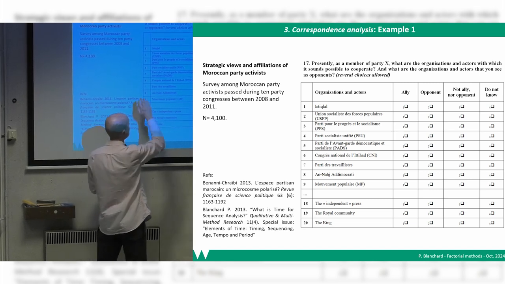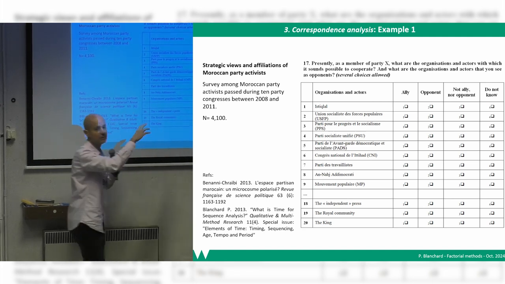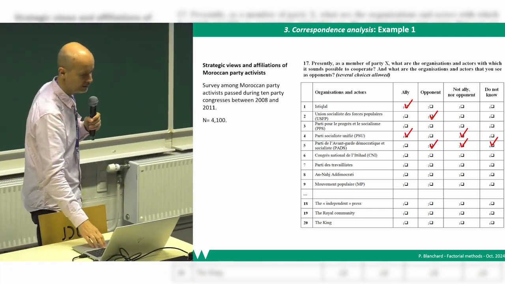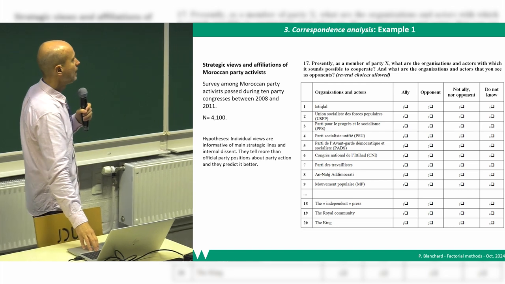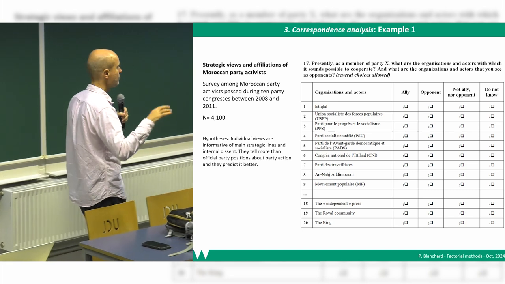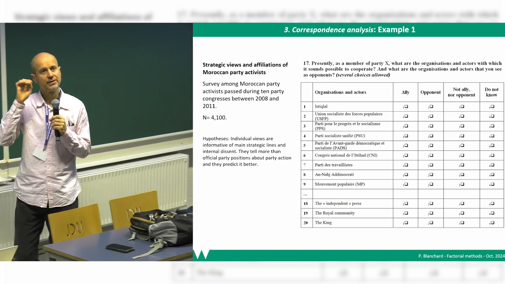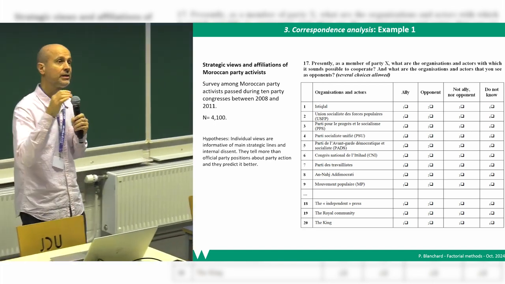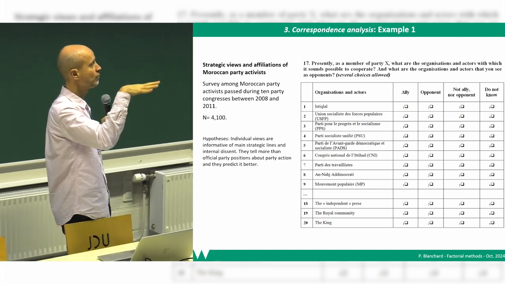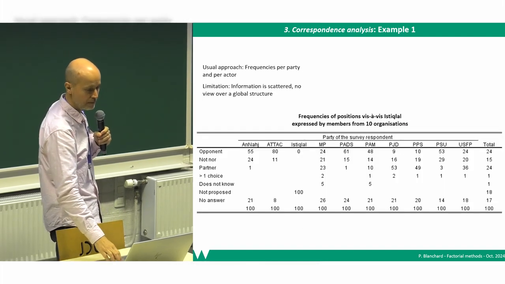And for each of those other parties than the one you belong to, is it an ally or an opponent or something else? Each time one choice. So it looks like this, red tick. And the hypothesis is that those bottom-up data, grassroots views, will tell you better about the antagonistic logic in the party system than what you observe at a more general level of the relationships between the leaderships and so on. Okay, we do that.